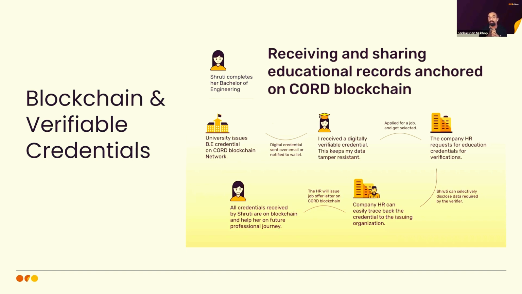The digital credential is sent over an email or notified to the holder via the digital wallet. They can use those credentials to apply for a job and respond to the requirements of the job using those credentials as proof. Obviously the company that is offering the employment opportunity will request those credentials and specific information bits, and they'll be verified. If they're using verifiable credentials that are stored on a wallet, the holder can actually use something called selective disclosure to disclose specific parts from various verifiable credentials to respond to some of the requests from the organization.